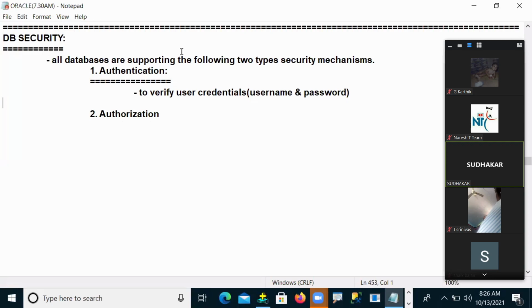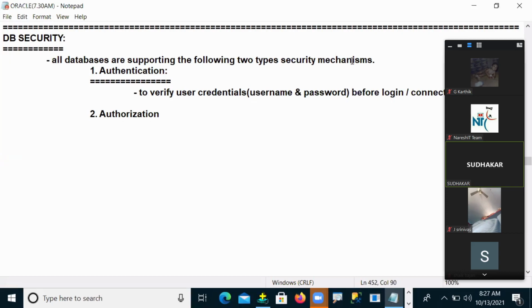So verifying user credentials happens before logging into a system or connecting to the Oracle database.